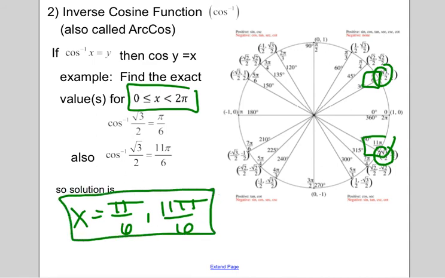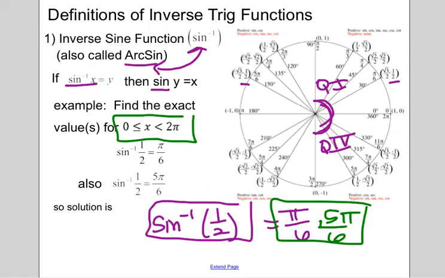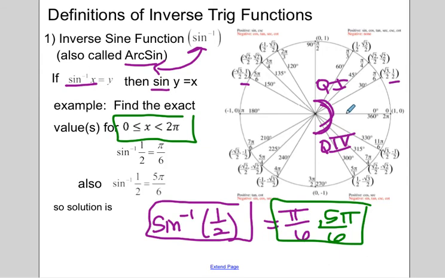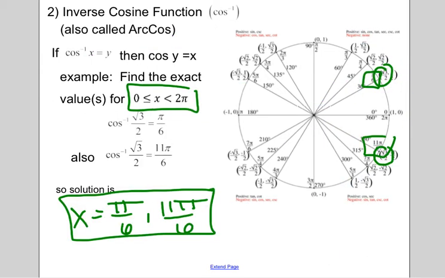Sine, if I only gave you, I didn't give you any 0 to 2 pi, we said we would only look at these two quadrants, right? Because that gives me all of my positive and all my negative y values. Same thing with cosine. If I asked you to find cosine